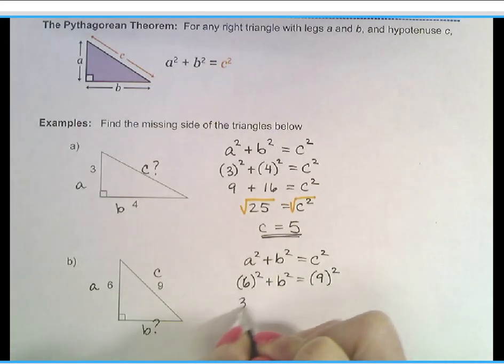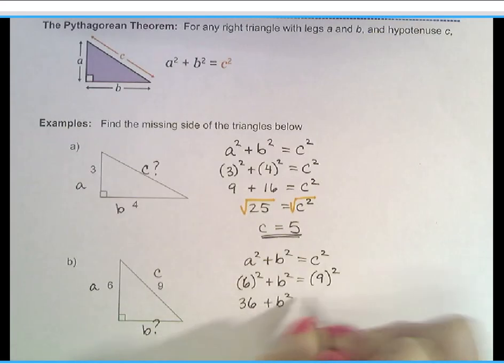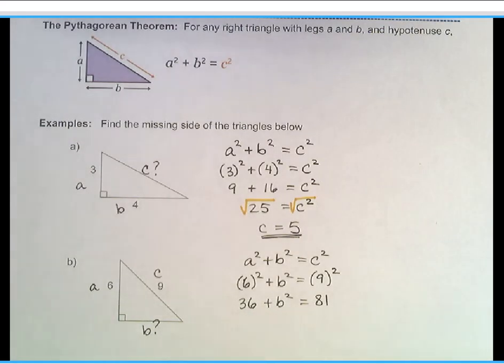So 6 squared is 36. 9 squared is 81. To solve for B squared, I need to move the 36 over to the other side. So it's added, so I'm going to subtract it. So I'm going to subtract 36, and I'm going to get B squared equals